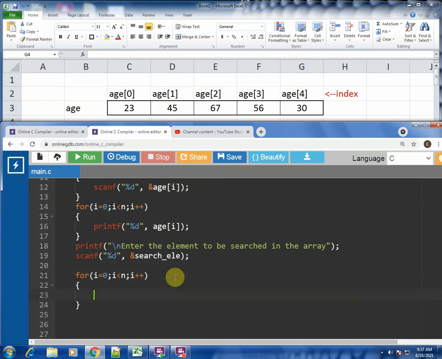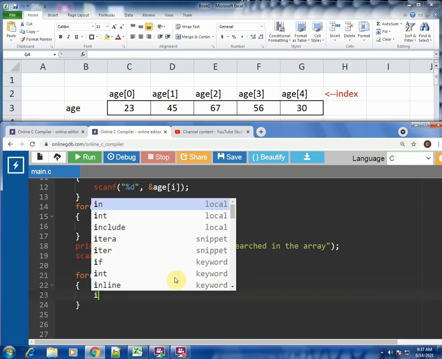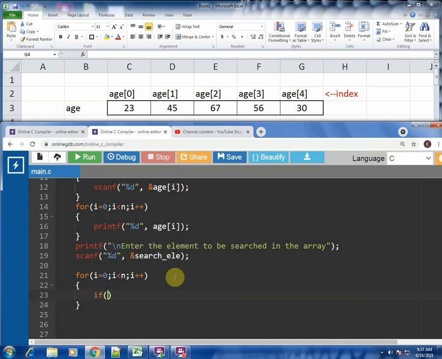So in this, how would you search? Let's put an if statement for checking, and let's write the condition inside the if statement. So if one condition, then something should be printed. Okay, so let's write what should be the condition first of all.